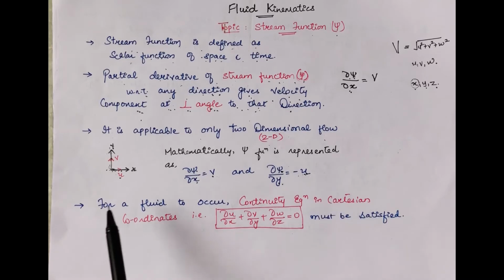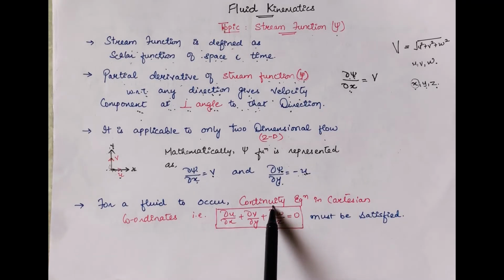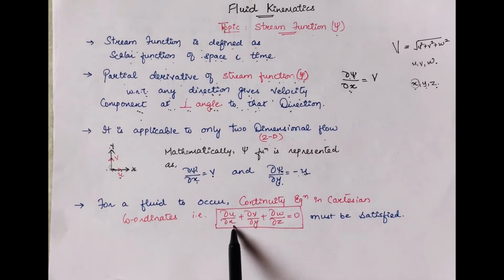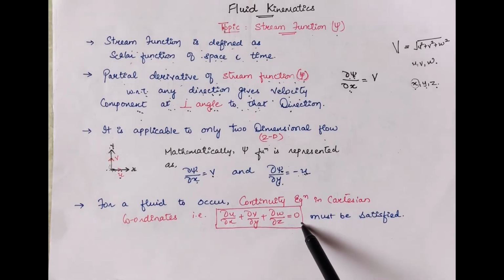Now we saw in the previous theory that for a fluid flow to occur, it must satisfy the continuity equation in three dimensions, which is given as del u by del x plus del v by del y plus del w by del z equals 0. We also calculated one numerical, that if a fluid wants to flow, then it must satisfy the continuity equation in